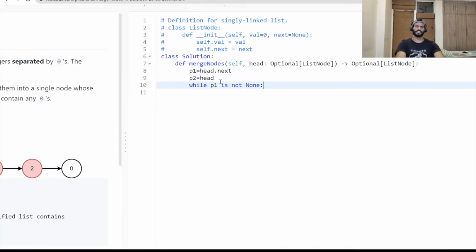So while p1 is not None, we are going in the while loop, and whenever p1 is moving to any node, we are going to calculate p2.val. We are going to add the summation value in p2: p2.val plus equal to p1.val. So it will iterate node by node, and it will add the node values in p2.val. And after this one, we are going to check if p1.val